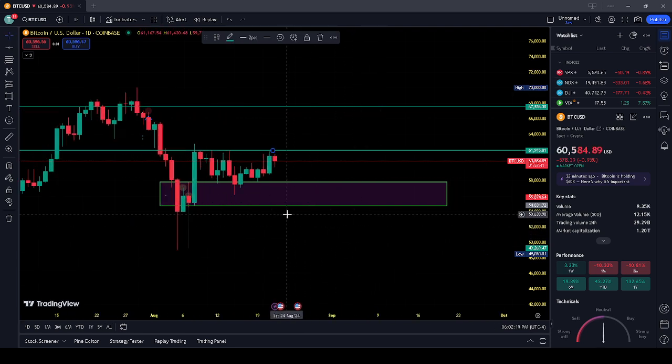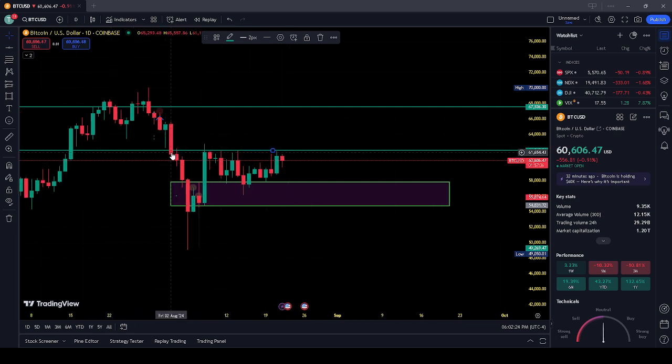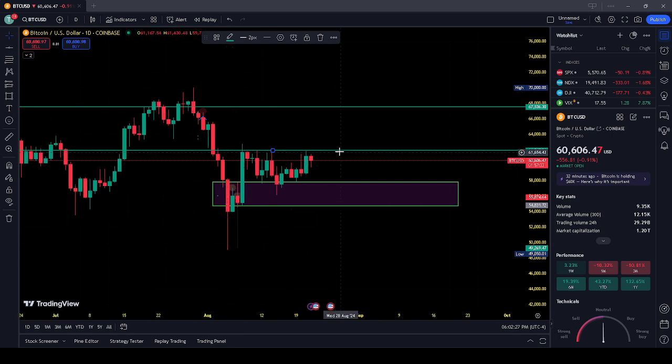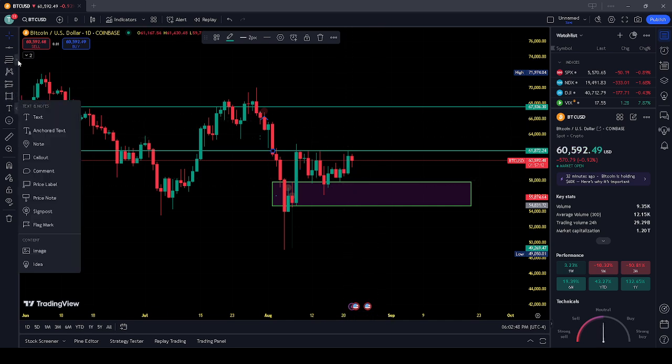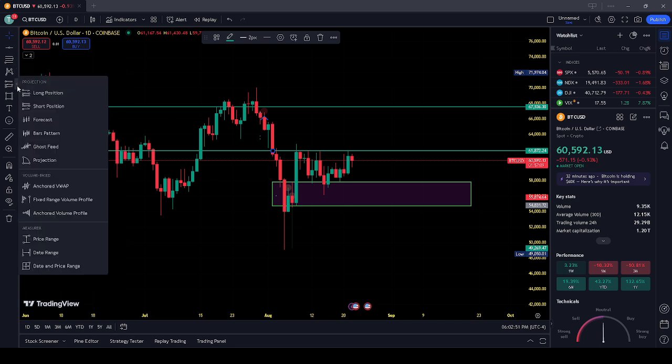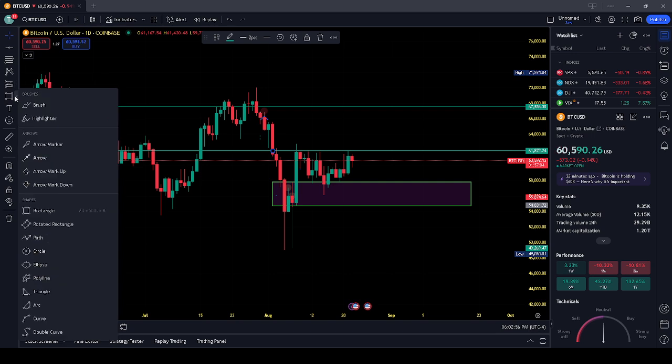So there must be some order block sitting here. I can draw that order block for you, but I'm trying to see where a good order block is sitting, right? So if you look at this level, 61,872, how many times? One, two, three, four, five, six. Six times it's rejected. But think about it, four times it's rejected at the bottom and six times rejected at the top. So obviously we have selling pressure in the market. If we look at the selling pressure, which side is it trying to take the BTC?